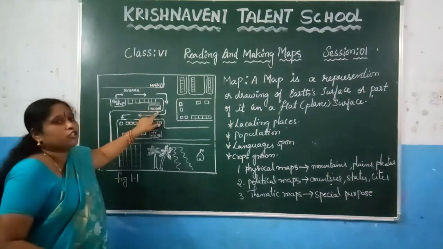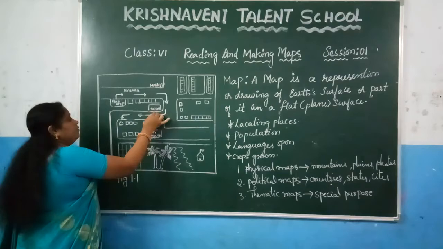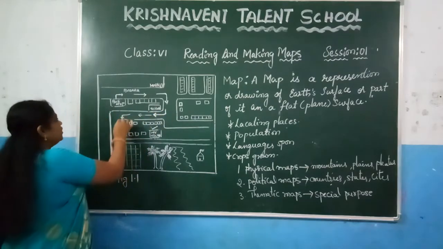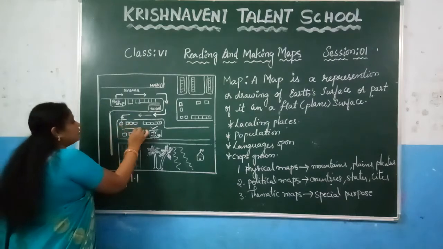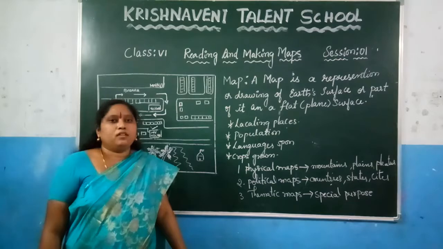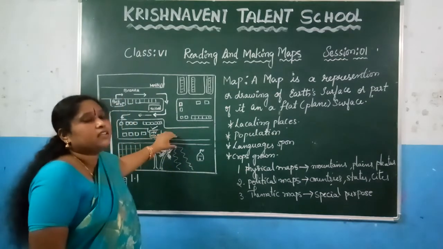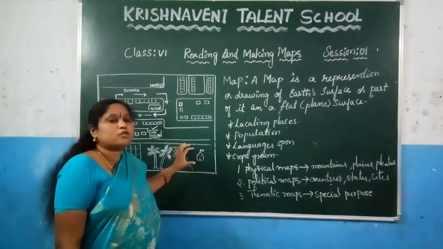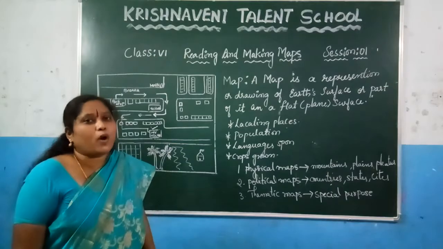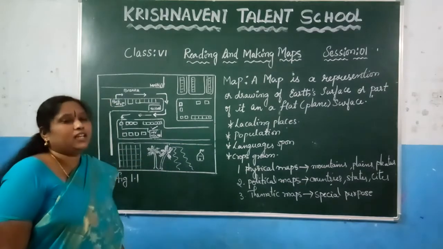Again, coming near the school and walking some distance, she has to turn right again. After traveling some distance, she has to enter the street. She has to travel here and then she reaches Malika's house. Laila felt it very difficult to reach her house because the most important things which have to be mentioned in the map were missing. What were the most important things? We will see here. She has to mention the directions.